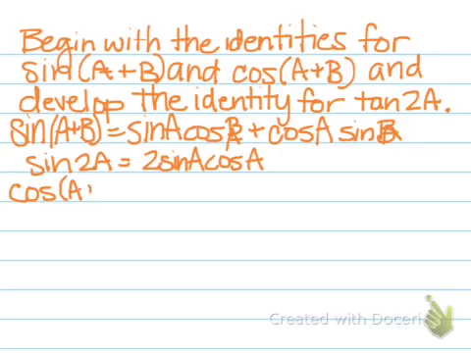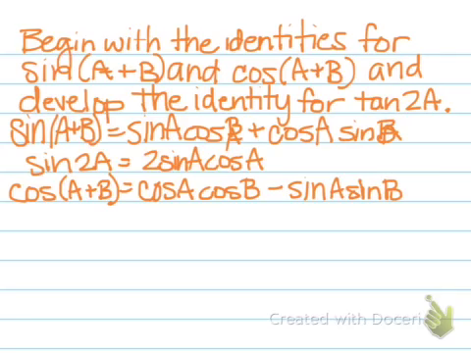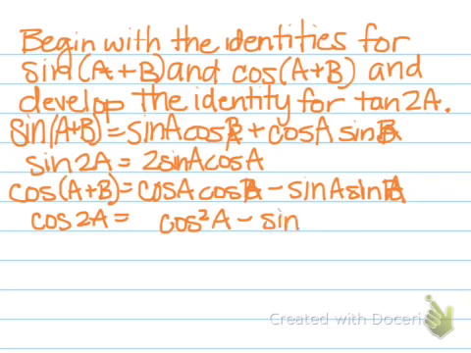So let's move on to the next piece. Same thing, if we have cosine of a plus b, it's cosine a cosine b minus sine a sine b. And then if we plug in a for everything, so if we just think a and a, then without even having to work out anything really, we can come up with cosine of 2a, which is cosine squared a minus sine squared a. So that's what we've done so far, and now we're going to try and take that information